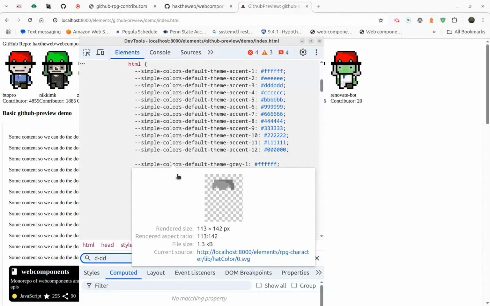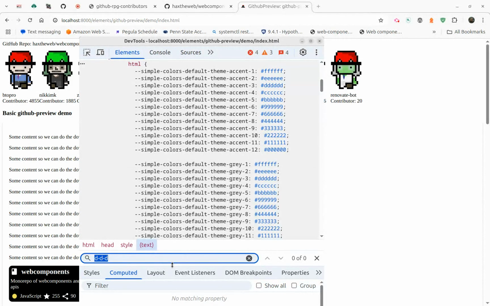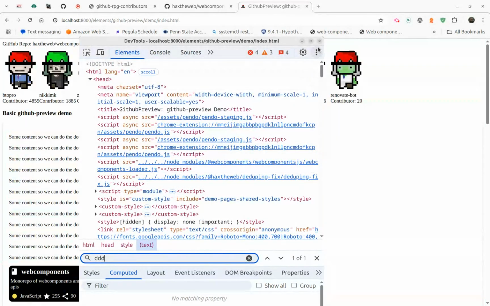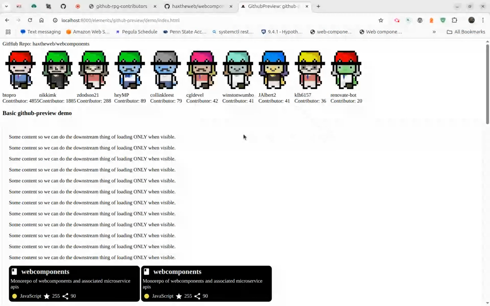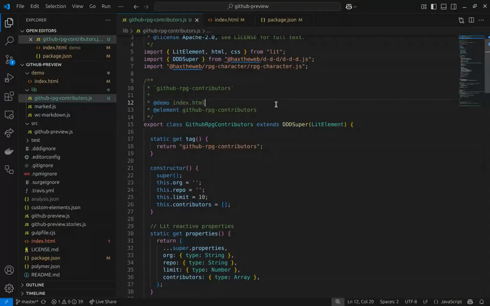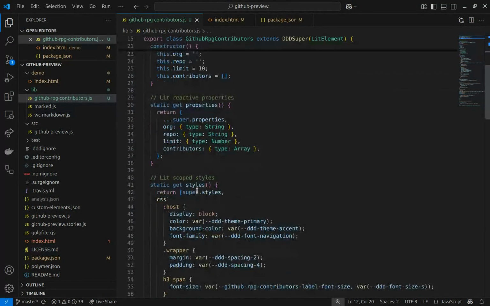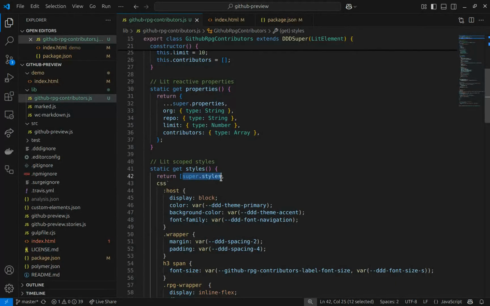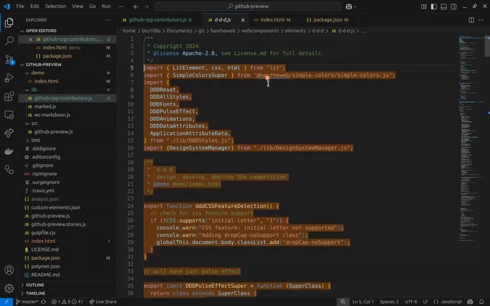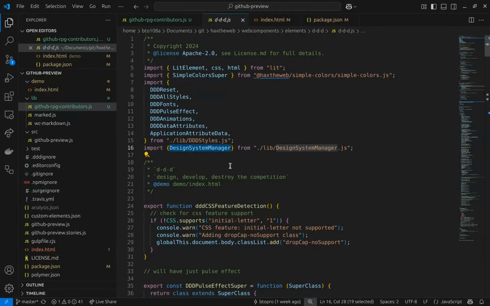Oh, DDD, hello, where are you? So Simple Colors is in here, but DDD is not in here at the moment. All right, let's see what we can do about that. It's called here. It's super. It's in the styles. Oh, I think I know why that is. Okay. This is a newer thing. DDD